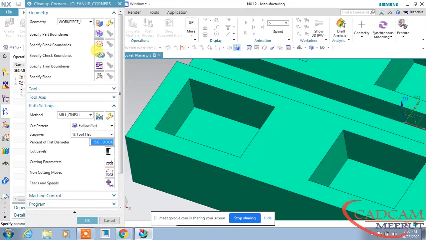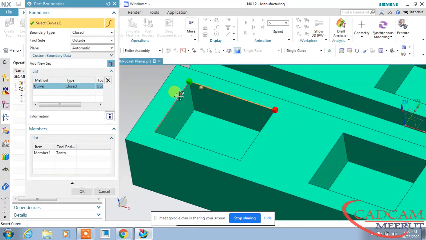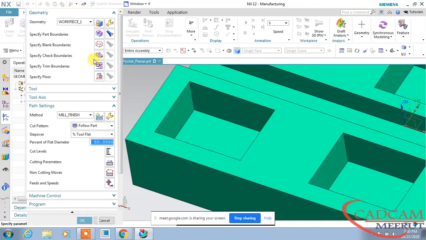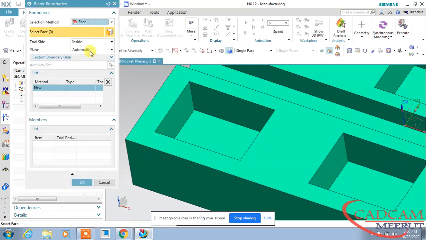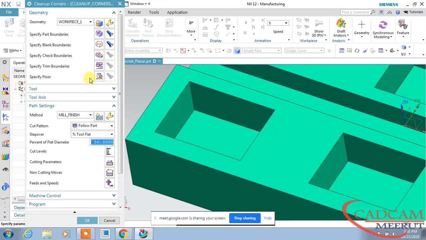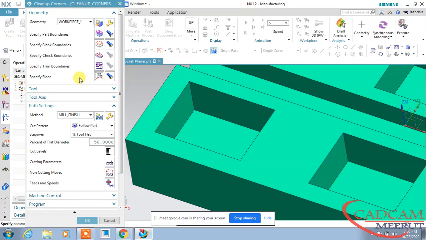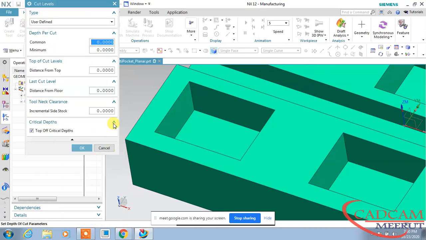And select this part boundary, this is my part boundary, and tool inside. Blank boundary, this space, and specify floor, floor is this, and cut level, depth of cut, common depth of cut is 1.